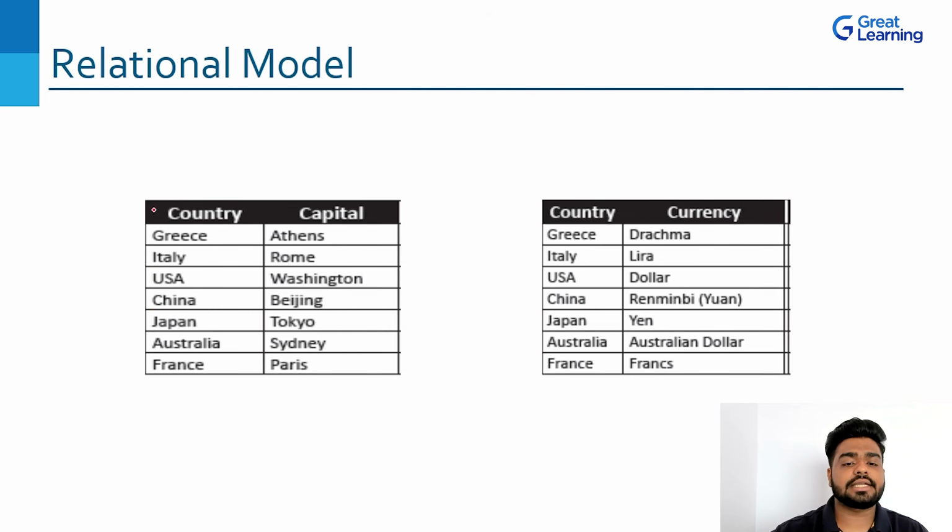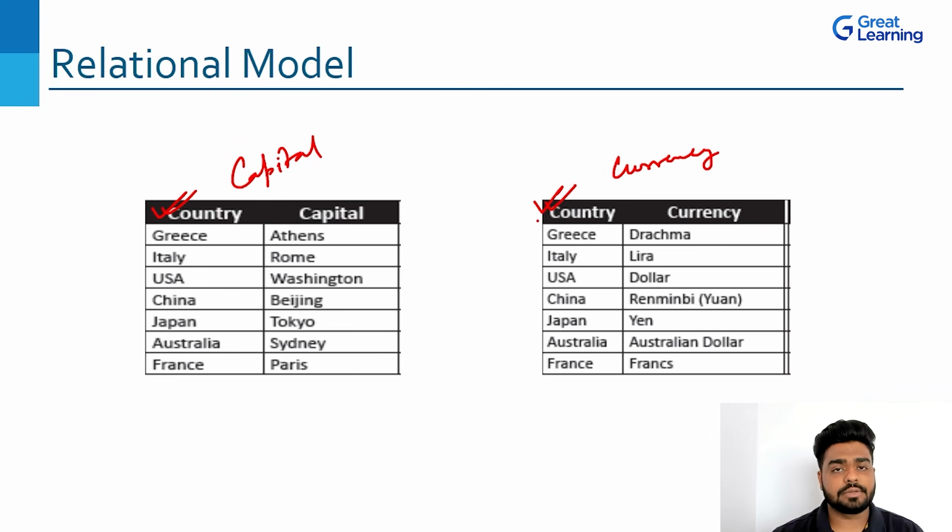We have the country and capital. So let's say that this is the capital table, and this is country and currency. So let's say that this is the currency table. Now, as you can see, country is one of the common column fields which is in both the tables, right? So if I'm asking in Greece country, which capital and which currency is getting used, then it's Athens and